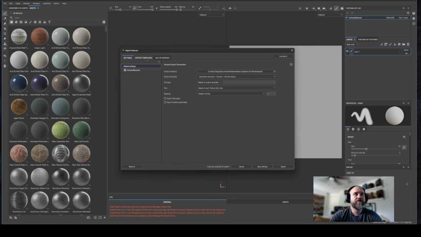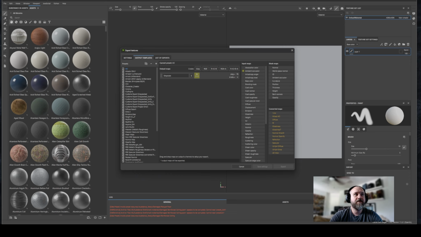Under export textures, we have output templates, and you can create a new template by just hitting the plus icon. Once you've created a new template, we can rename it. I'm just going to double click on this here, and we'll rename this to